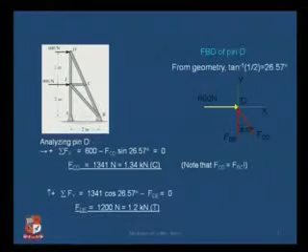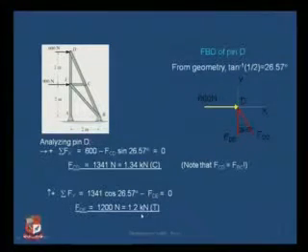Now we already seen that for FCD the force component is going upward, that is, if I want to find out my vertical component, it is going upward, whereas my force FDE is going downward. So I have written my equation as 1341 cos 26.57 minus FDE is equal to 0. Now again remember FCD is going upward and I have considered upward going forces to be positive as shown here, and FDE is going downward, which I have considered as negative. So I have put in a negative sign here, and which will give you FDE equal to 1200 Newton,